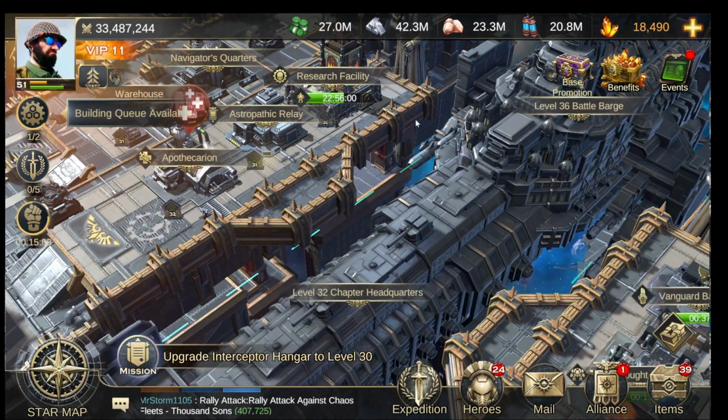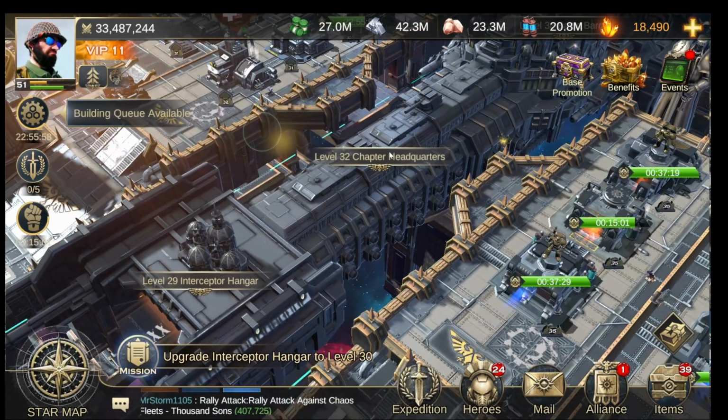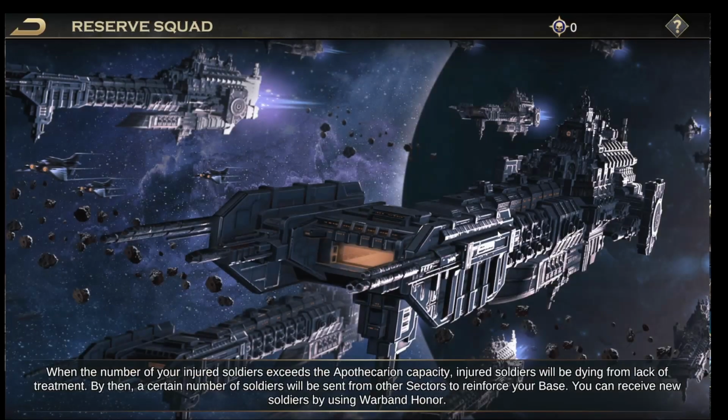The second important reason you want to increase your hospital capacity is because of reserve squad. If you have a big army, you probably have more troops than you have hospital capacity. So you're probably fretting, well, if I get hit and I get zeroed, I'm going to permanently lose a lot of troops. Yes, but reserve squad